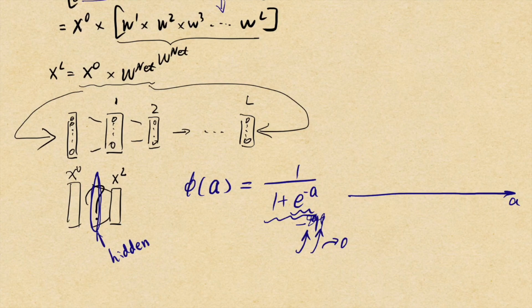So when a goes to very small, the value approaches 0. When a equals 0, phi(a) is 1 over 2, just in the middle between 0 and 1. And when a is very large,